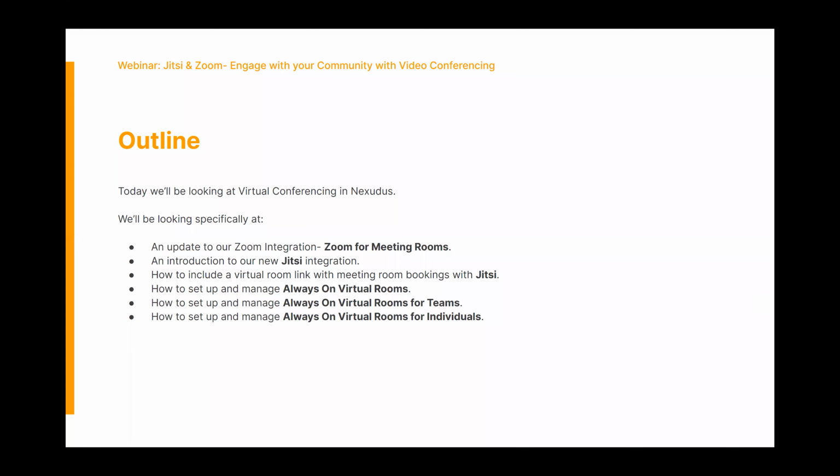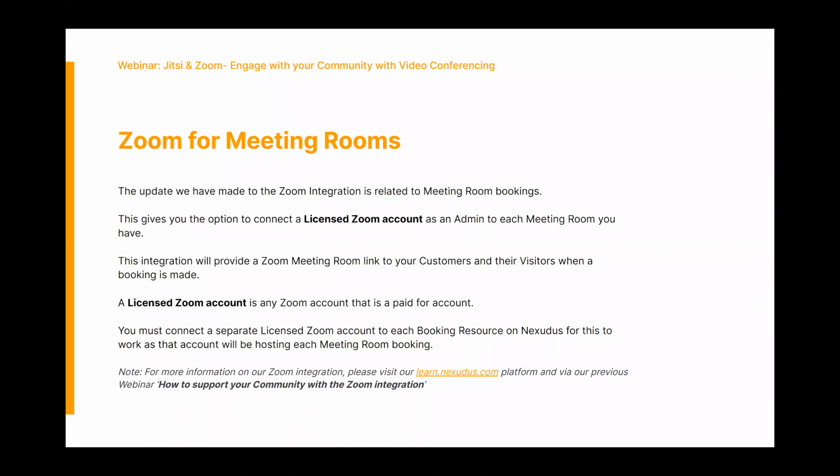When we look into Jitsi, we'll first go over what Jitsi actually is and how it can be integrated into Nexudus. And then after that, we'll see how it can be used to generate virtual rooms when meeting rooms are booked. And then we'll take a look at managing always-on virtual rooms and how you can use those with teams and individuals as well. Okay, so first up, we're going to take a look at the update that we've made